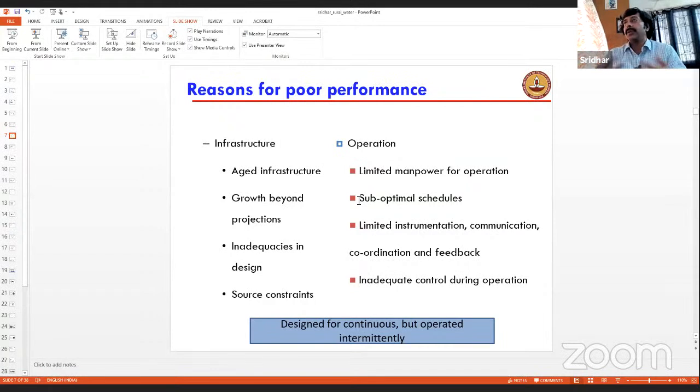They're operated based on heuristics or experience, or what they think is the best operation. There is a limited amount of instrumentation. There's not much communication, coordination and feedback. A classic example could be, water is being filled into a tank, but nobody is watching. At some point it starts overflowing, and then the person comes and closes the valve to the tank. Or it could be